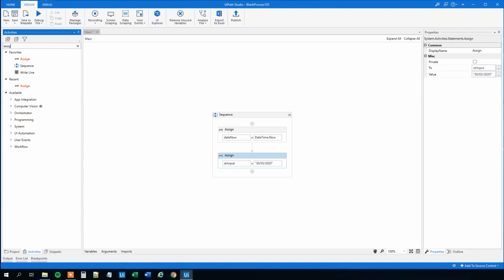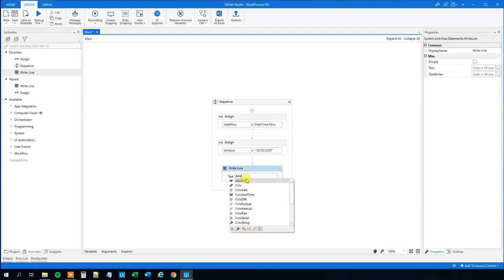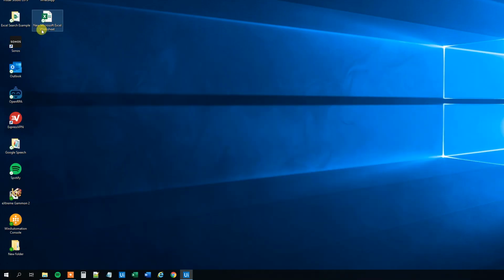So drag in another assign. But we could actually, before we do that, take a look at what the format of this date now is. So drag this guy in, and we can just say date now ToString. Let us run this workflow, and we can see that,